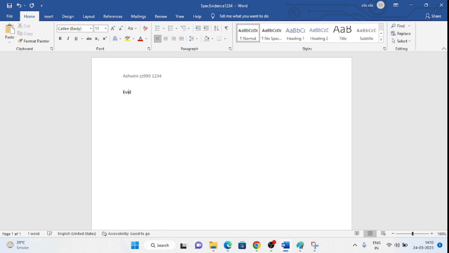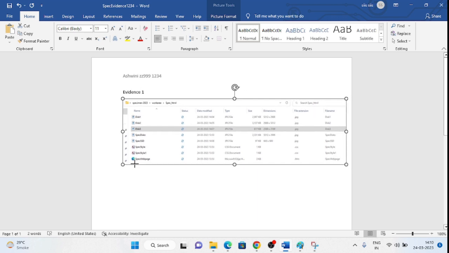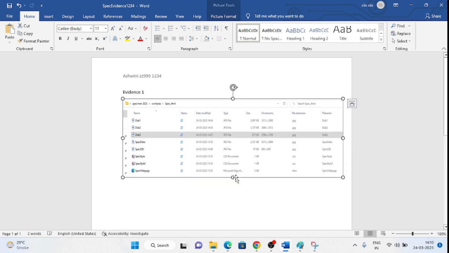You can write evidence 1 and place the screenshot. Just make sure the screenshot is clearly visible. Okay. All file names, file extensions, file size, dimensions, all should be clearly visible. Next,